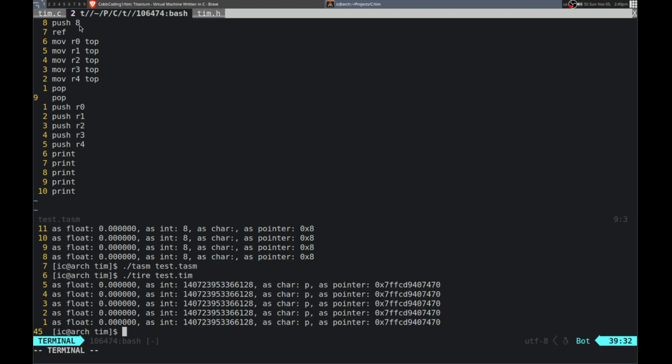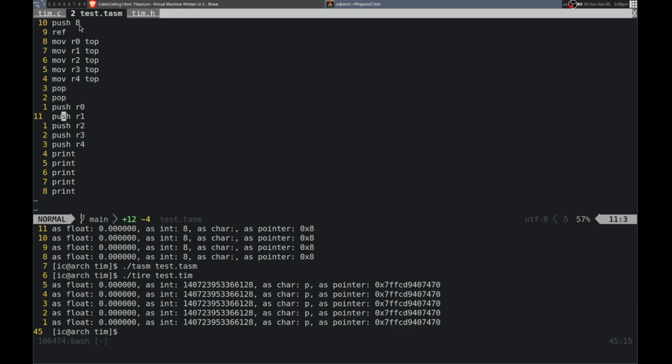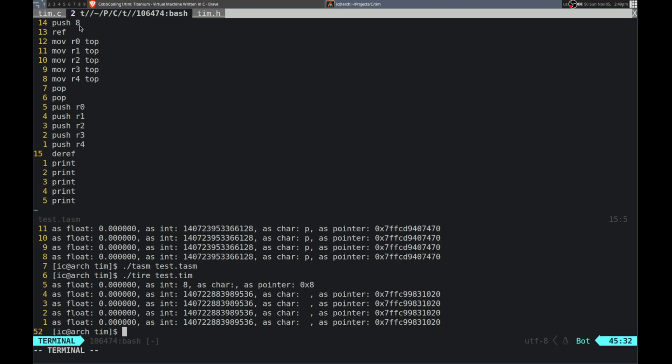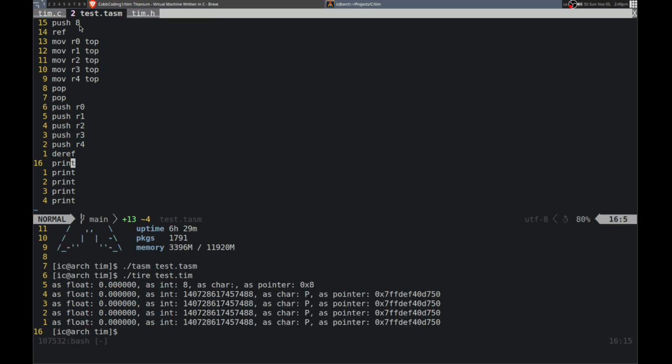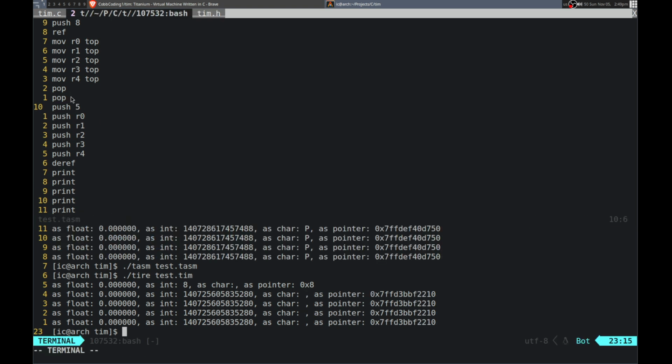So, character P. Let me be right. Okay, whoops. Yeah, so that is cool. Yeah, so we can dereference it, and it's no longer on the stack. But we actually have the value that we can dereference. That's pretty cool. But if we change the value on the stack, so then if we push 5 like that, then it should,